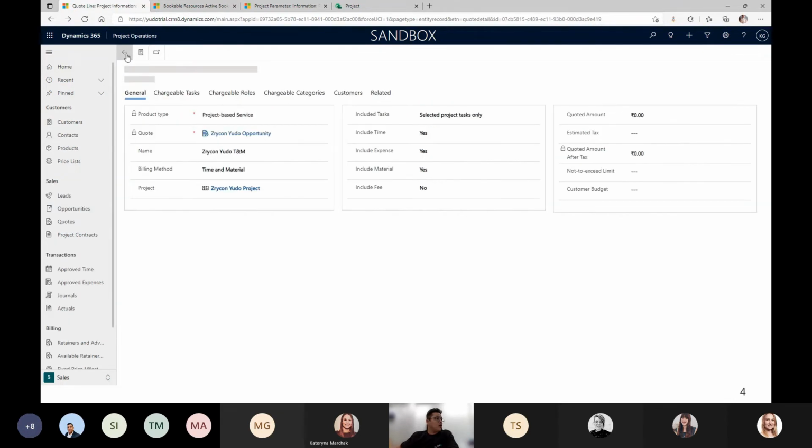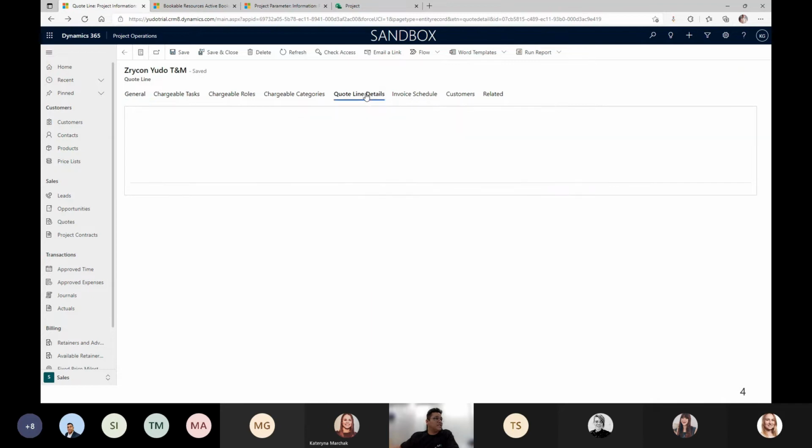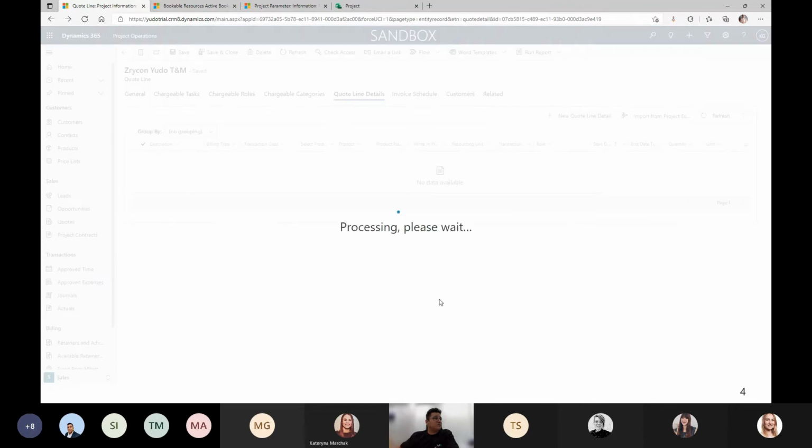Now, going back to the contract, how does this impact? If you go to the time and material line, it rarely impacts the fixed price line, but on the time and material line for selected project tasks only, if you click on the quote line details, generally we would like to build the quotations based on the time and material lines that we are going to be charging to the customer. So if you click on import from project estimates,